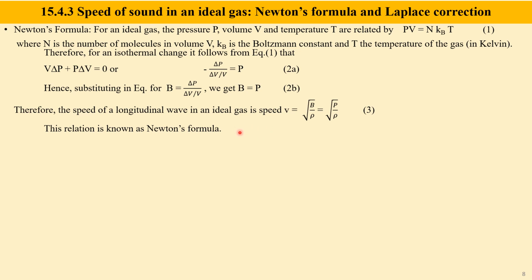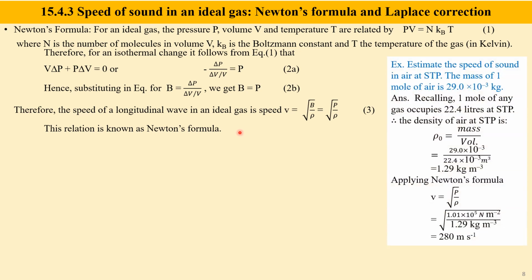Let us solve an example by applying Newton's formula. This is given in the insert box. Example: estimate the speed of sound in air at standard temperature and pressure. The mass of 1 mole of air is given as 29.0 × 10^-3 kg. Answer: remembering that 1 mole of any gas occupies 22.4 liters at STP, the density of air at STP is